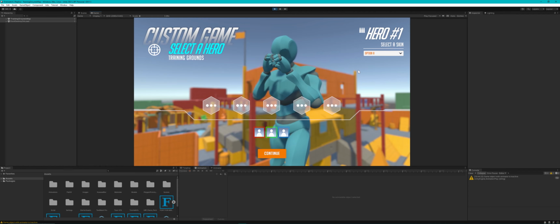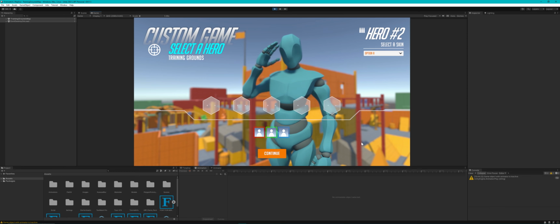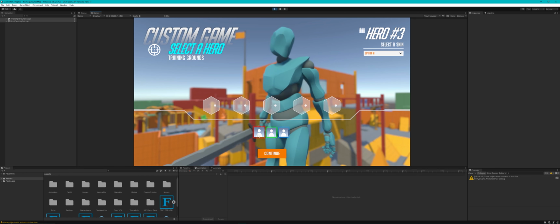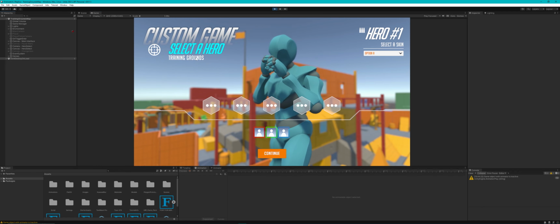So now we're in the training game mode, and we're presented with a select a hero screen over here. And then we have 3 options. So the first is this character, and the second character, and the third character. The animations just loop around, and the way the animation is done, if we click on the hierarchy